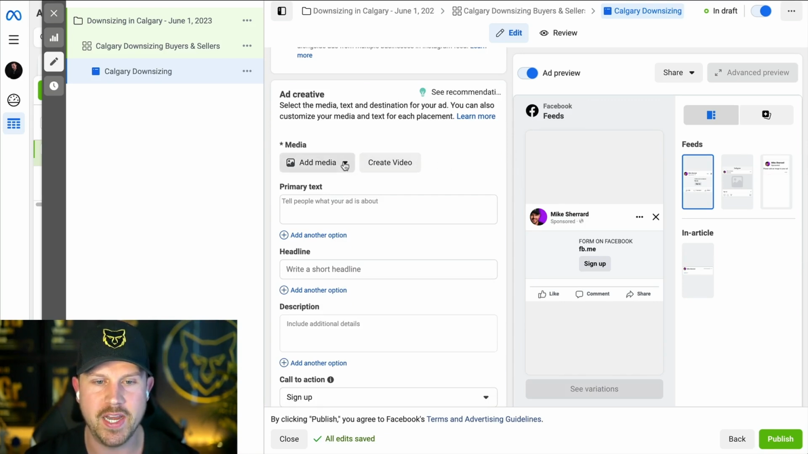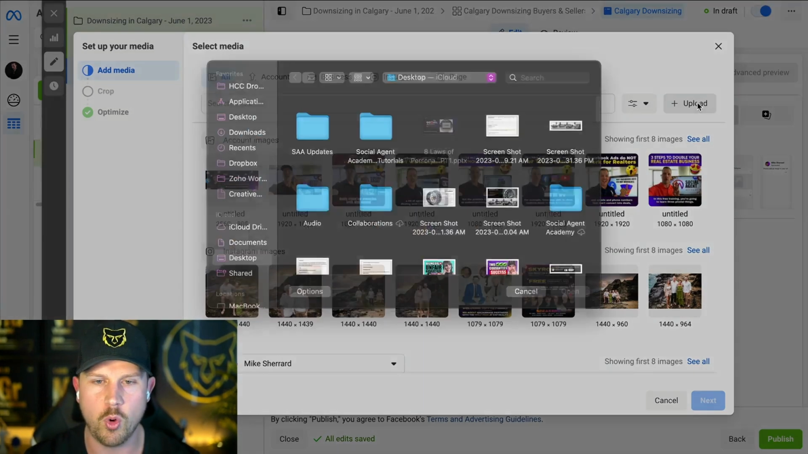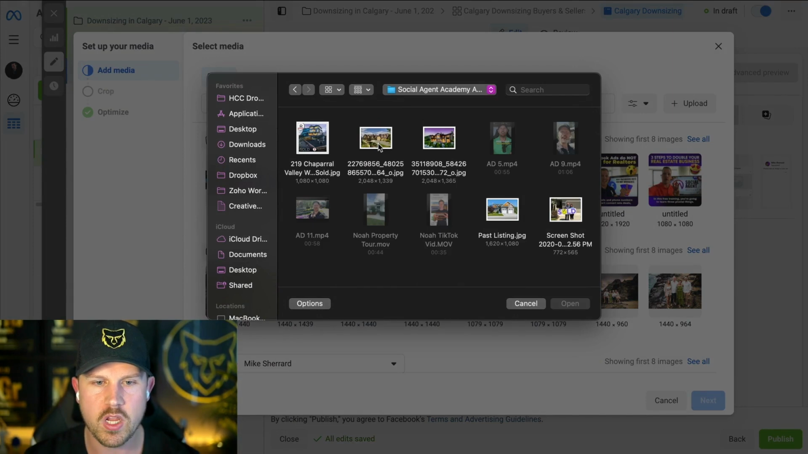Now we're going to add media, and what we're going to do is add an image. If you have images previously, you'll just be able to see them here based on your account, or you can come through and upload them like we can see here. And this is one that's worked incredibly well for me,